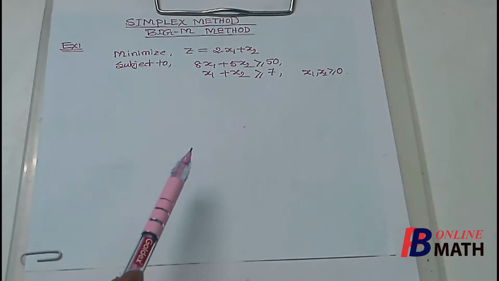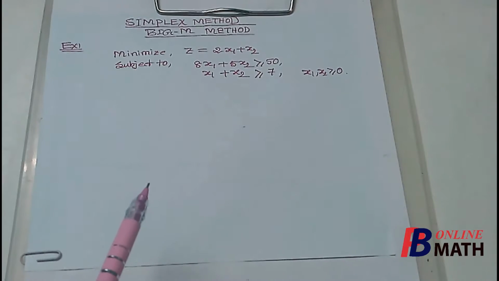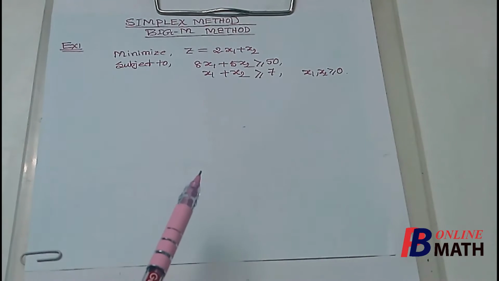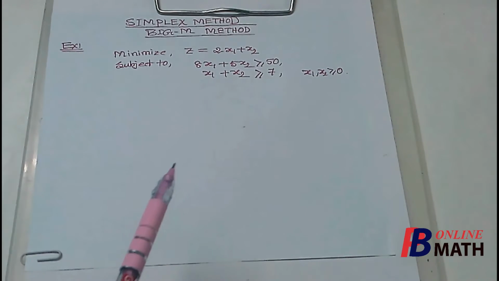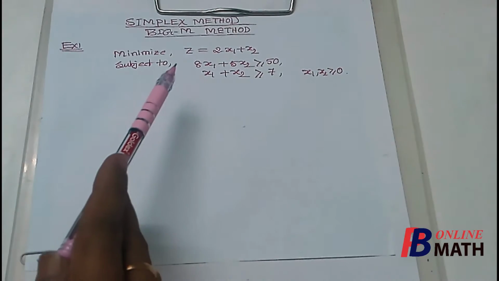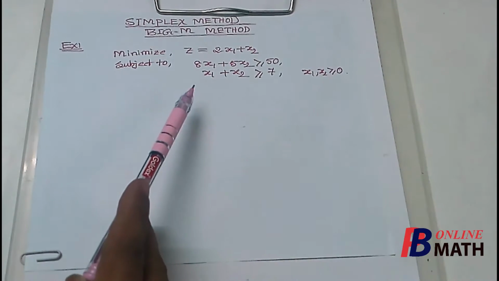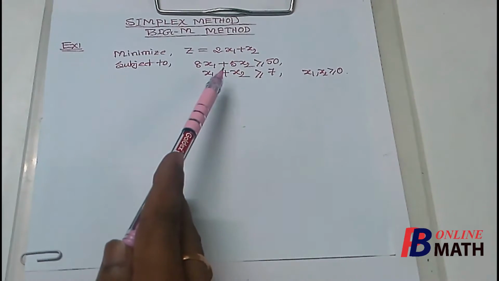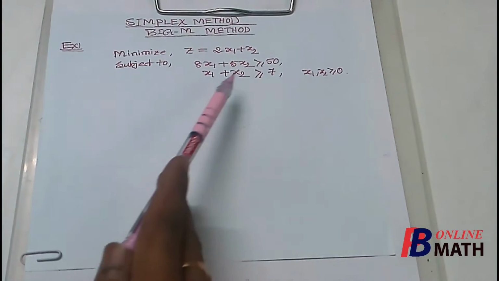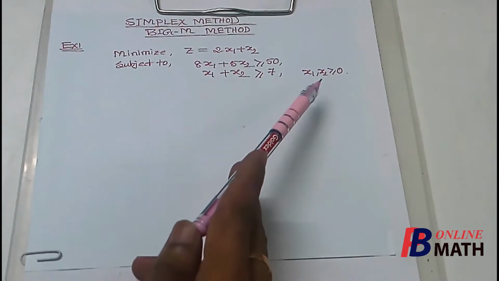These types of problems can be solved by using the big M method. So in this part we shall solve a linear programming problem by using the big M method. So let us start the solution. This is the given problem: minimize z equal to 2x1 plus x2, subject to two constraints, 8x1 plus 5x2 greater or equal to 50 and x1 plus x2 greater or equal to 7, where x1 and x2 are greater